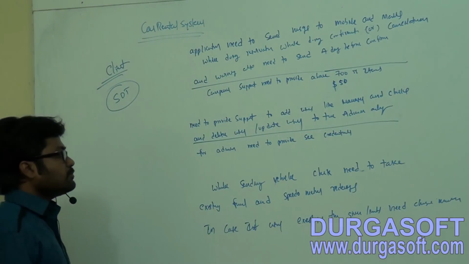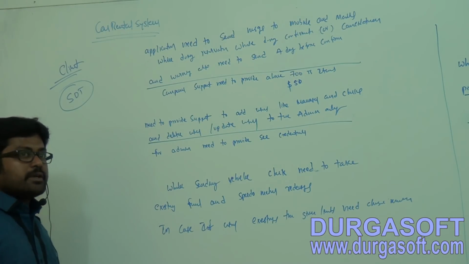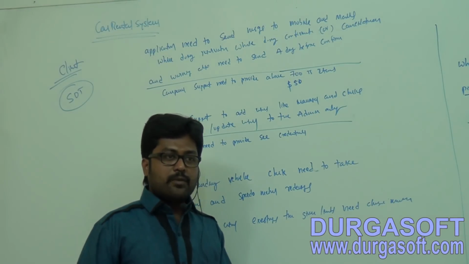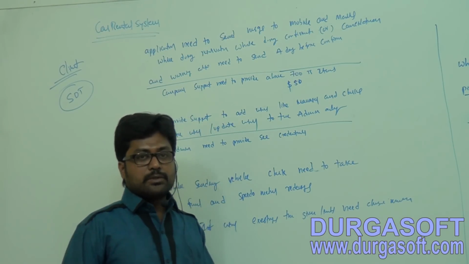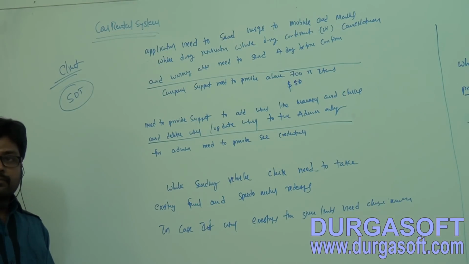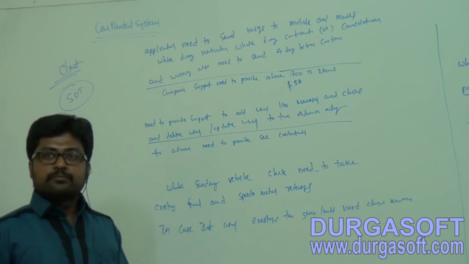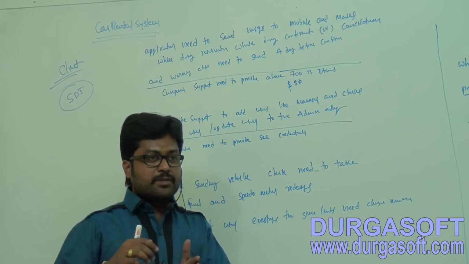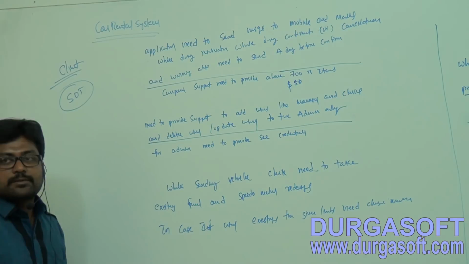And halting charges are not required if you book per week, and not required if you book per day. Per hour, if you book and do some waiting, 15 minutes or half an hour of waiting, waiting charges also we need to apply, on a per-minute basis. They will provide some limit, by default 10 minutes. If you exceed that 10-minute limit, per minute again we need to charge some cost.